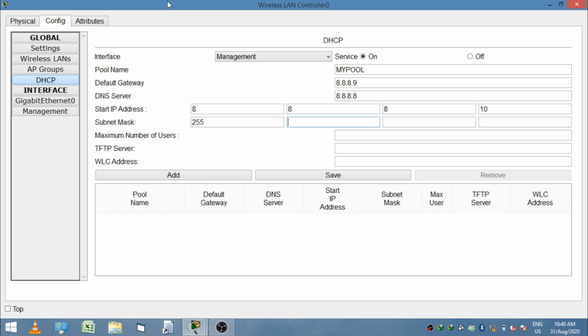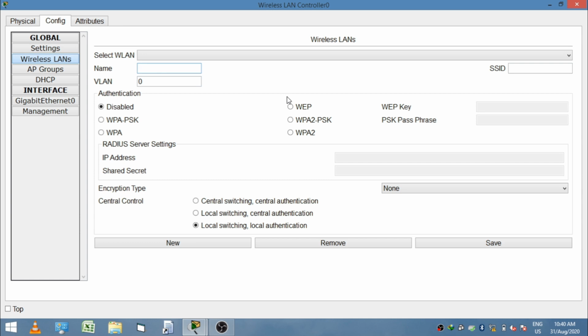Suppose the default gateway is 8.8.8.9, DNS server 8.8.8.8, start IP address 8.8.8.10, subnet mask 255.0.0.0, maximum number of users 100, TFTP server 8.8.8.8 and WLC address 8.8.8.1.